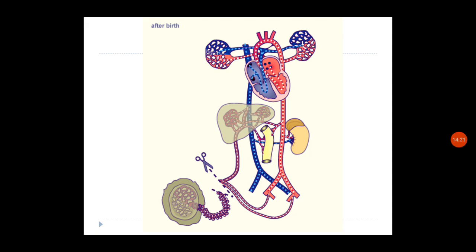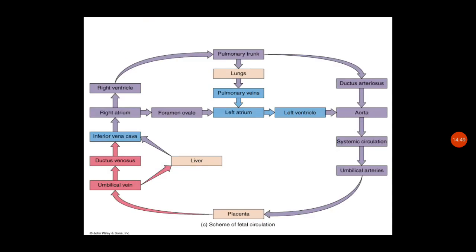This will cause a sudden increase in the systemic vascular resistance. It is like suddenly stopping the flow when a pipe is on, and a pressure will be generated. The same thing will happen in the systemic vascular resistance also. Again, it will cause the aortic blood pressure to increase and the left ventricular systemic pressure to increase. So these are some of the changes which happen after birth.